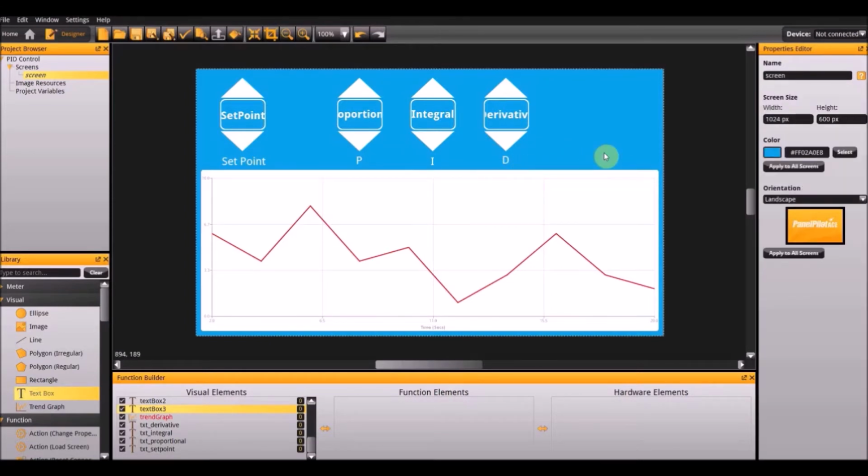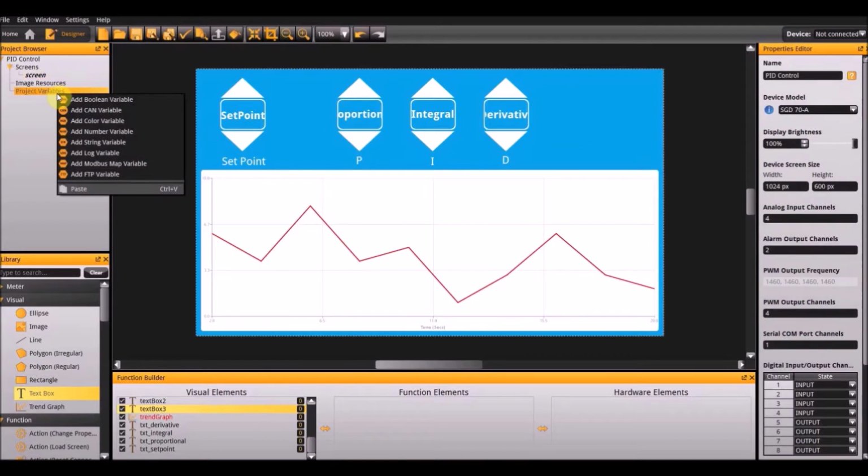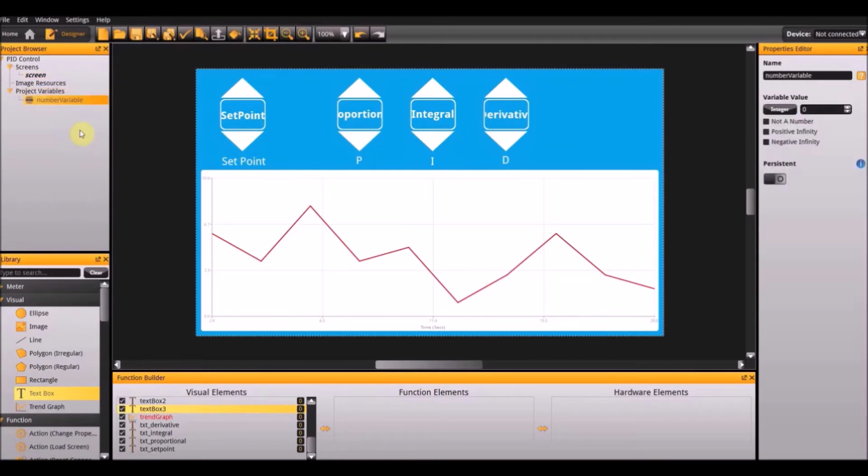Next, we will move on to the function elements for the project. To begin, we will first need to create project variables that will be linked to the function elements we are going to create. Right-click on project variables and add a number variable. This is going to be called process variable. The process variable is the value we have. Add another number variable